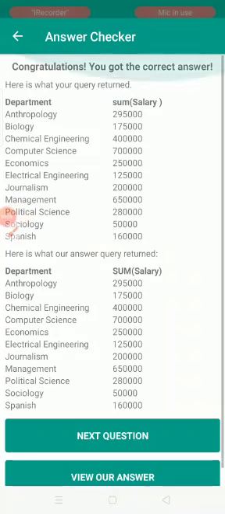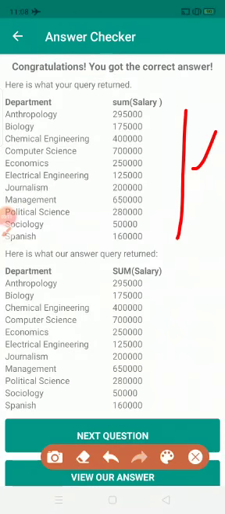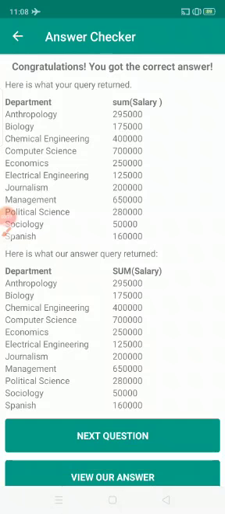So both answers are correct. The GROUP BY clause is used here department wise. Otherwise, if you want roll number wise or name wise, you can use the GROUP BY clause.